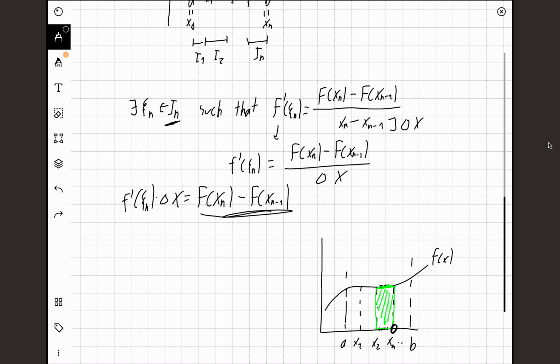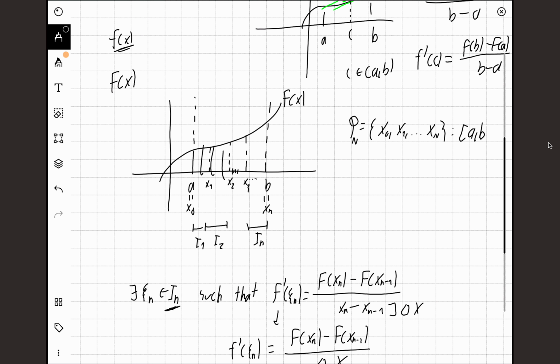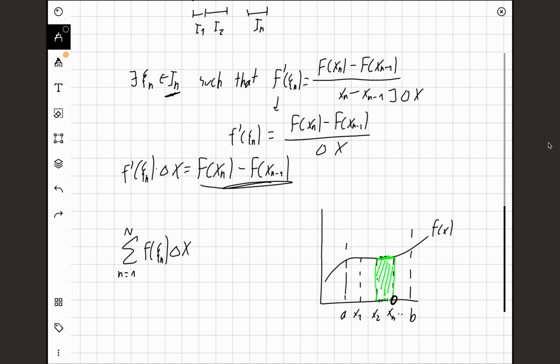I'm going to try to sum up all these intervals together. When I sum them up, I get the sum from n equals 1 to N of f of epsilon n times delta x, and delta x is obviously just a constant. It depends on your partition N. If I make a partition of 10 points, then delta x will be a certain size. If I make my partition bigger, the intervals will obviously get smaller, because I need more intervals in between a and b. But this is just a constant, and I can say that this equals the sum